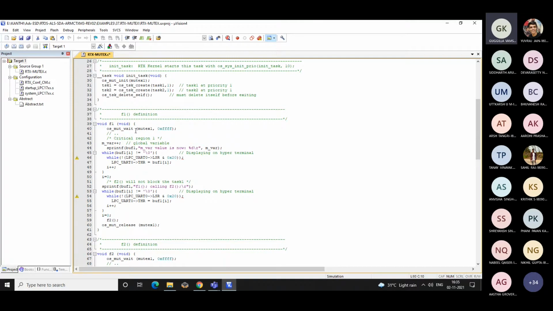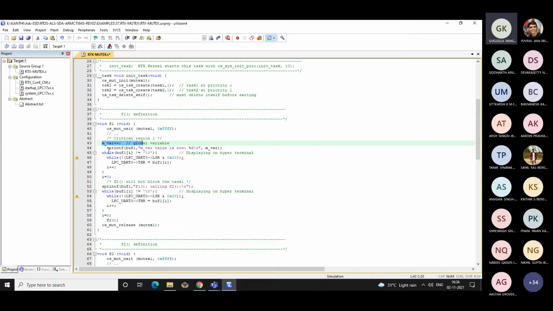In function F1, you wait for the, similar to your semaphore, exactly same. There is a wait with the name and the infinite loop. Okay, and here we have the global variable, because I'm calling that function first. So immediately I acquire the key, and you increment the variable.